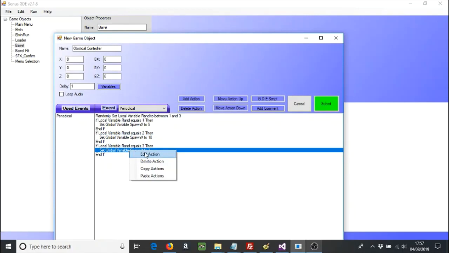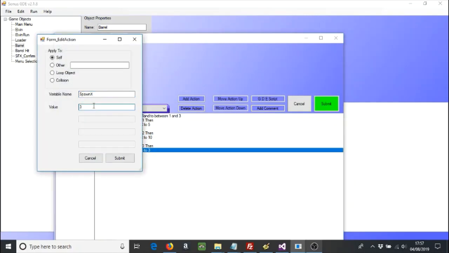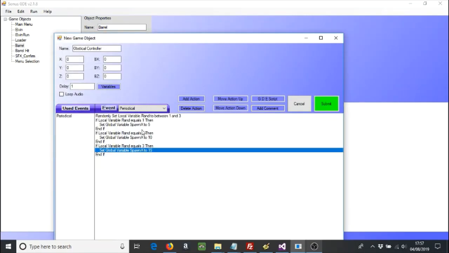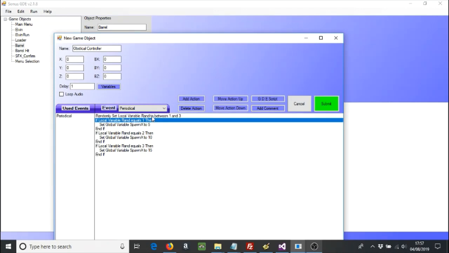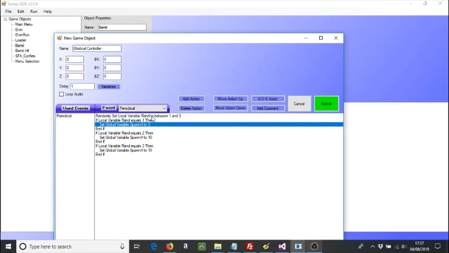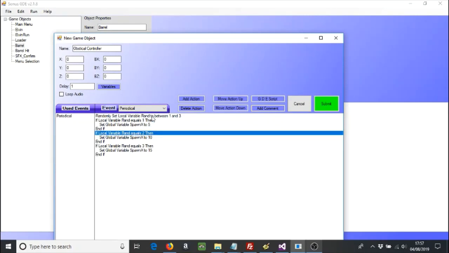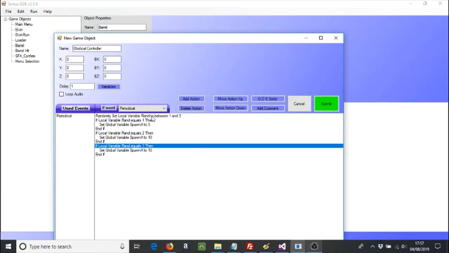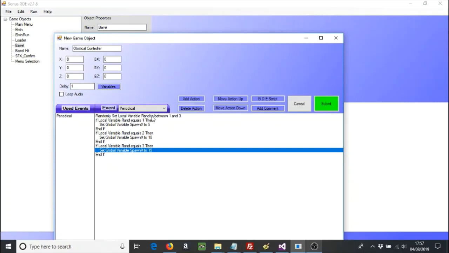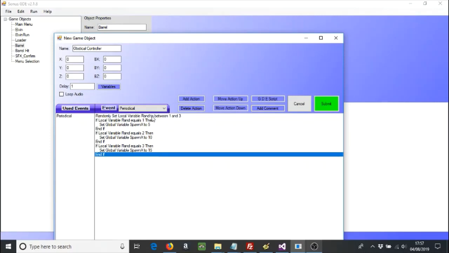Set edit action. Value edit 3, 15. If randomly set local variable rand to between 1 and 3. If local variable rand equals 1, then set global variable spawnX to 5, and if local variable rand equals 2, then set global variable spawnX to 10, and if local variable rand equals 3, then set global variable spawnX to 15. Okay, brilliant, that should do. And then